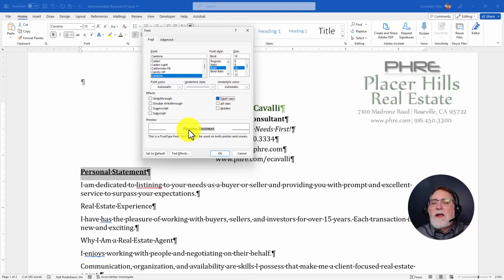It shows us that a capital letter is a capital letter, but a lowercase letter, like little a, little b, little c, is a small version of a capital letter. It has a more formal kind of style to it, and it works well with underlining because you're never going to have like a Y or a G that clips through the underline and doesn't look good. So we're going to go ahead and make sure that the small caps button is